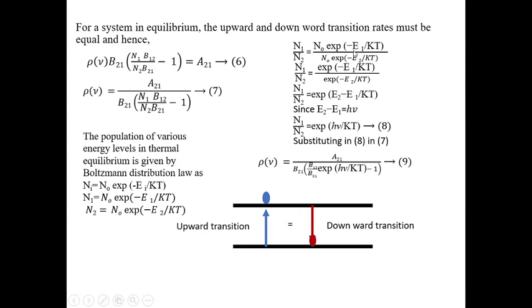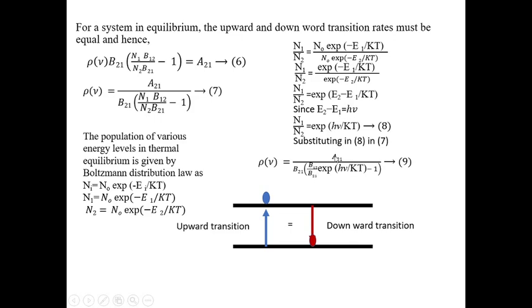Now you can see exp(−E1/kT) divided by exp(−E2/kT). N0 has cancelled, and if I bring this one upward it becomes plus, so exp((E2 − E1)/kT), both denominators being kT. But we know that E2 minus E1 is equal to the photon energy, that is hν. So N1 by N2 is equal to exp(hν/kT). You can write it this way, depending on the situation.